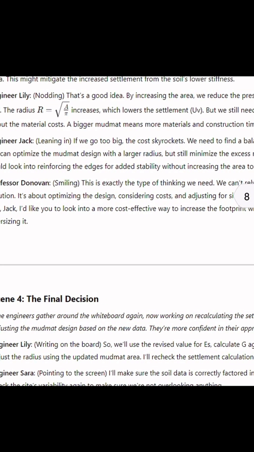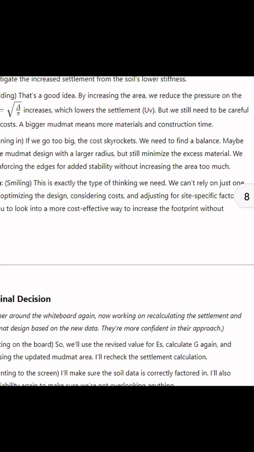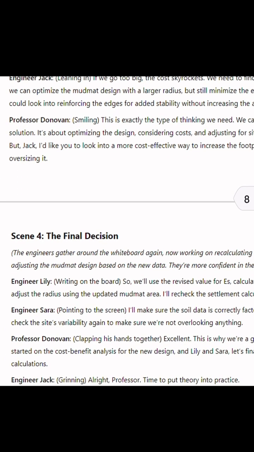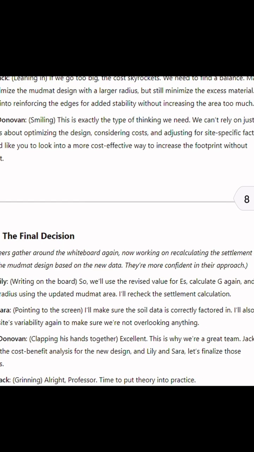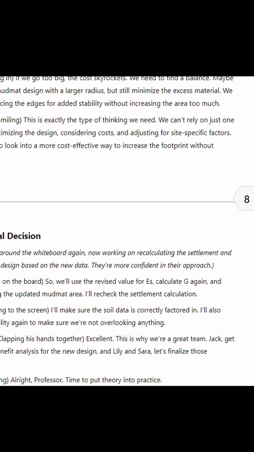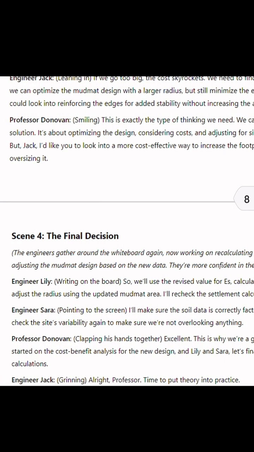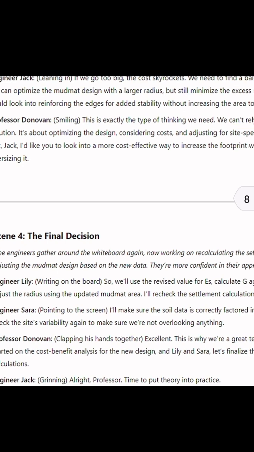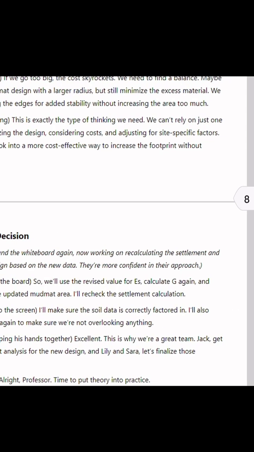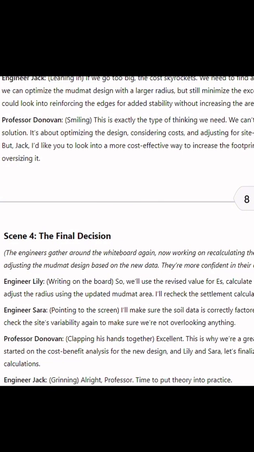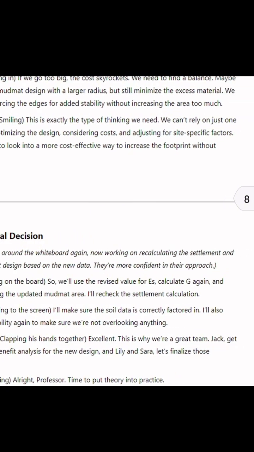We could look into reinforcing the edges for stability without increasing the area too much. This is exactly the type of thinking we need. We can't rely on just one solution. It's about optimizing the design, considering the cost, and adjusting for site-specific factors. But Jack, I'd like you to look into a more cost-effective way